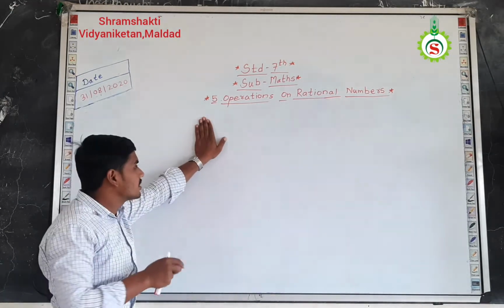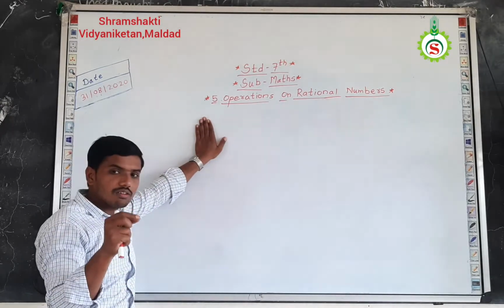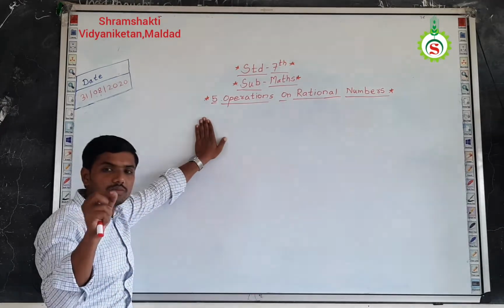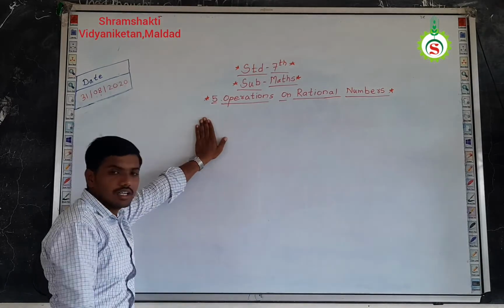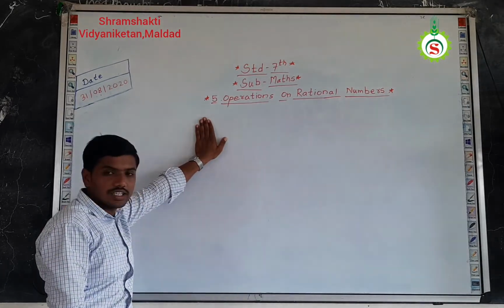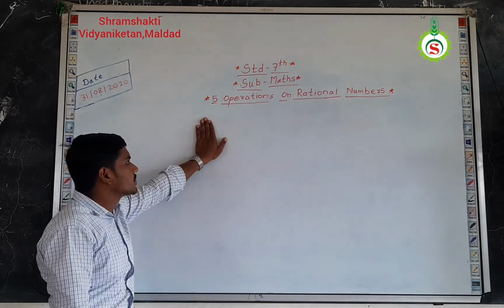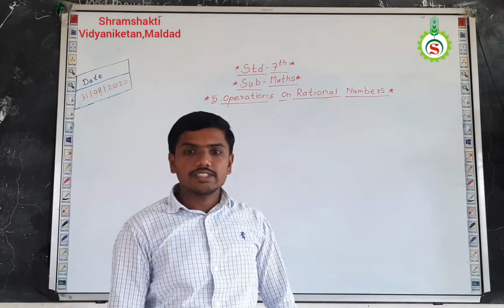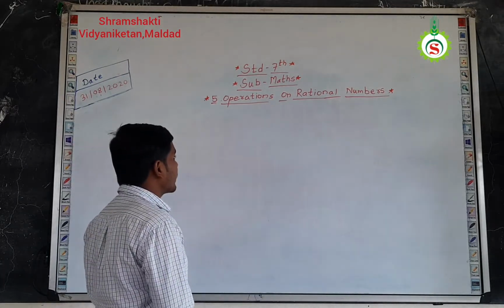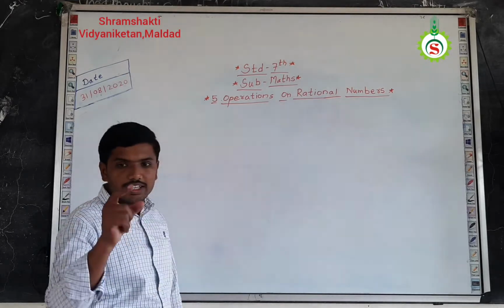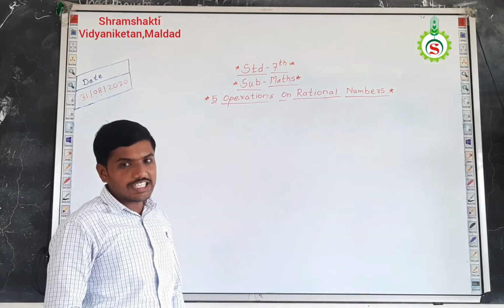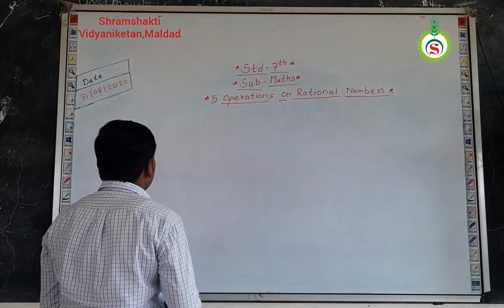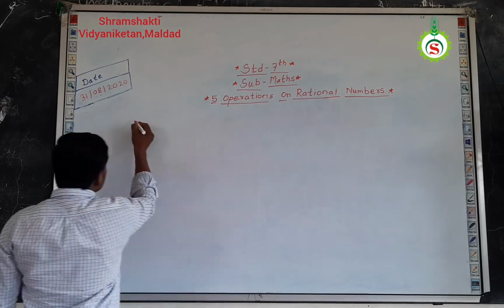So I think from the last lecture all of you have got a proper idea about multiplication and division of rational numbers. In today's lecture we are going to find out the numbers in between two given rational numbers. So our today's topic is